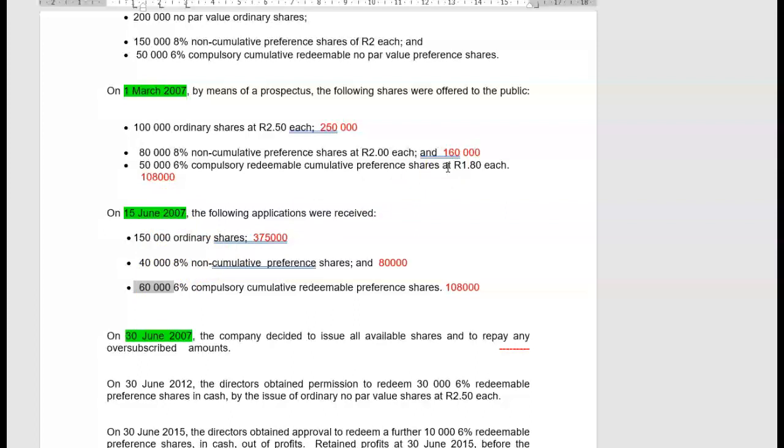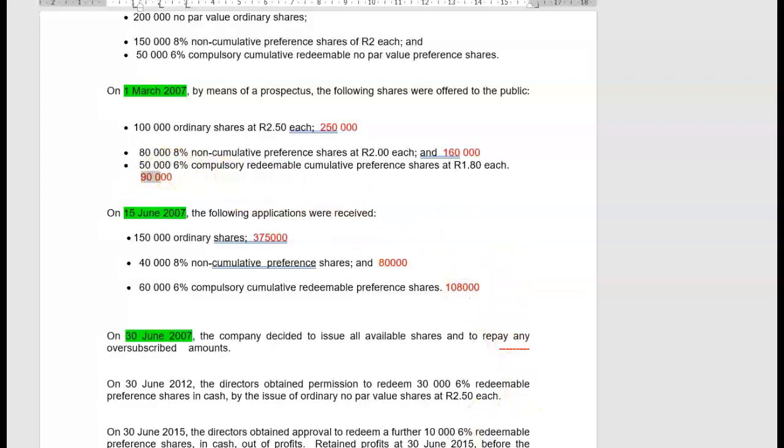We are allowed to take to the capital account 50,000 times R1.80. 50,000 times R1.80 is only 90,000 Rand. We've received 60,000 applications and 60,000 at R1.80 equals 108,000 Rand. So the maximum that we can take to the loan account is 90,000, and then obviously we have to repay